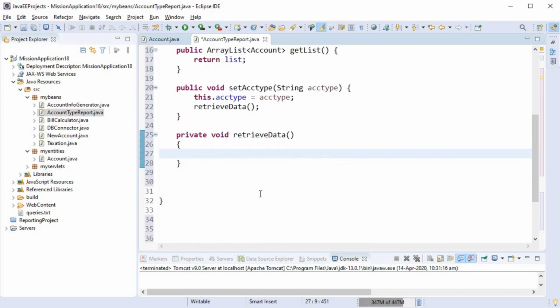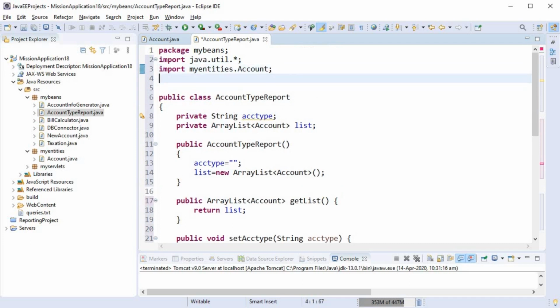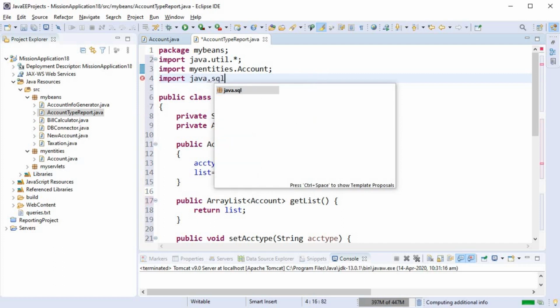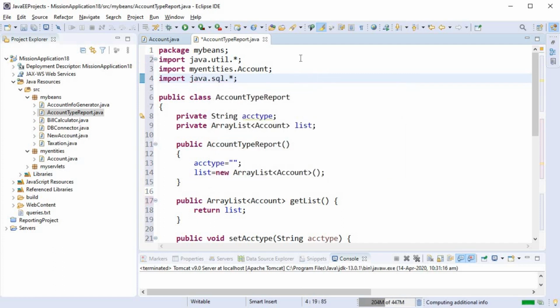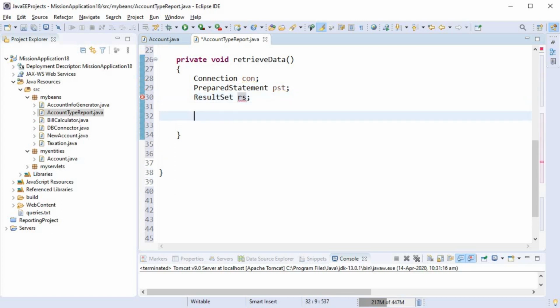So this retrieve data function will have all the JDBC activities included. We already know how to fire a select query, a parameterized select query with the help of a prepared statement. So we need all those JDBC objects. So we need a package called java.sql imported in the beginning, and we are creating an object of connection, an object of prepared statement, and an object of result set.